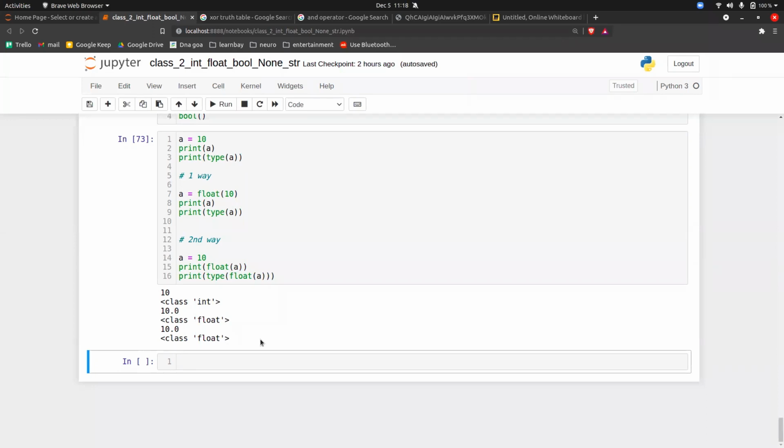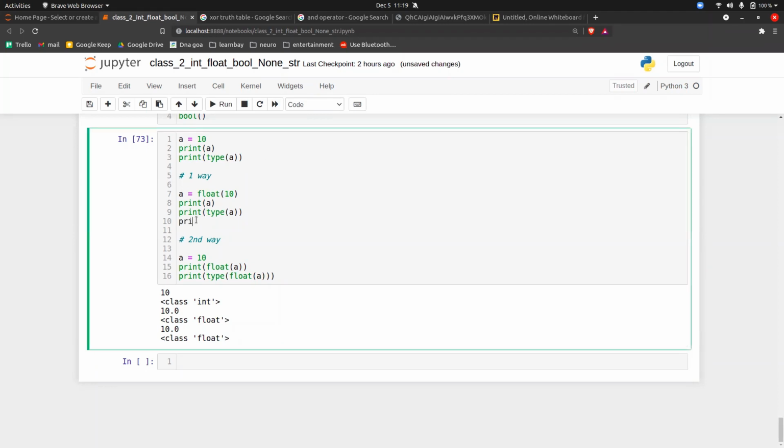Okay, the difference between the first and the second way is... no, Ruma, in the first also I have done typecasting. See, float of 10, that is also one way of typecasting. So it's not a correct answer. The correct answer is, in the first way, the a is getting changed, but in the second, a is not getting changed. What I mean to say is, if after doing a typecasting,